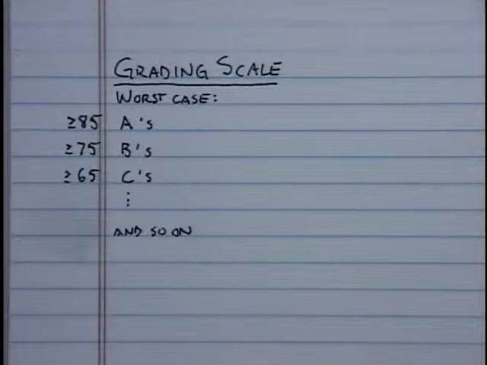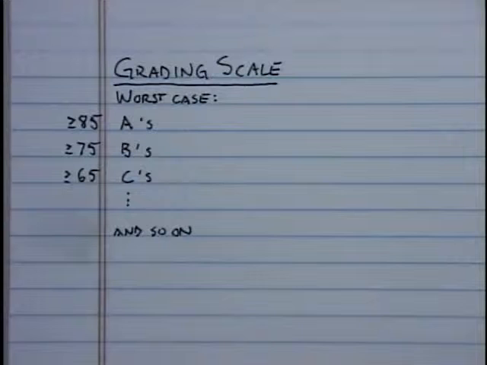I'm saying that anybody with an 85 percentage for their final percentage or better is going to get something in the A range. 75 to 84, guaranteed to be a B. 65 to 74, guaranteed C, and so on and so forth. But of course, you don't want to be one of those so on and so forths. I say that's the worst case possible scenario